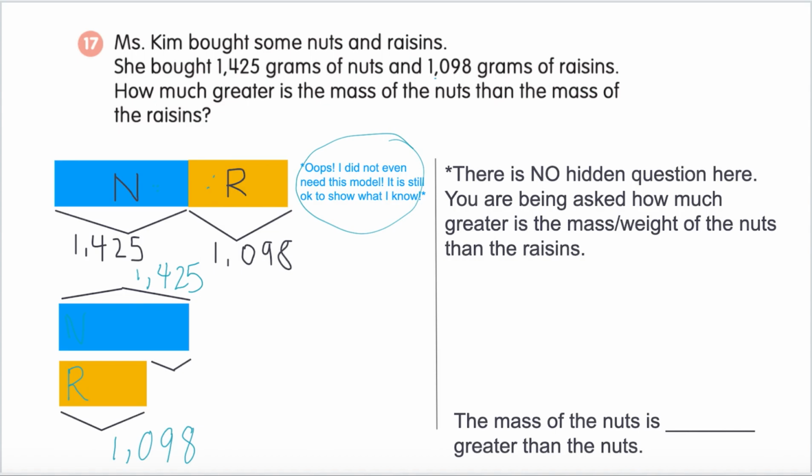Looking at this question, I need to know how much greater the nuts weigh than the raisins. Here there is no hidden question. Right here is where we place the amount that is the difference between two numbers. I can find the difference by using subtraction. So I'm going to use my greater mass,